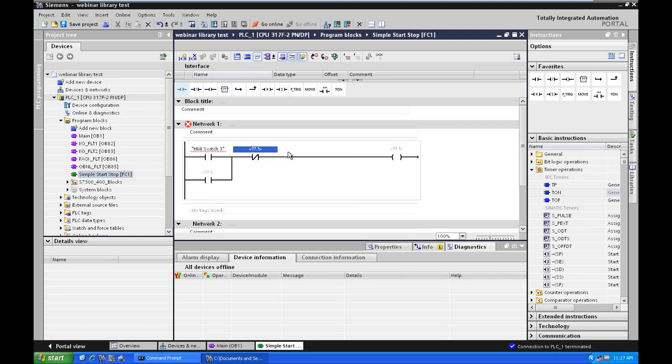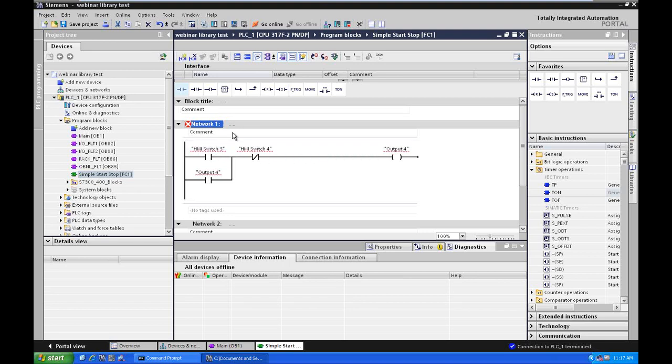We'll call this one HMI switch 4, and we'll call this one output 4. I want to add output 4, drag it over to my branch. Now notice none of these are happy. The network has a red X. I have red squigglies. Not good information there, so I have to